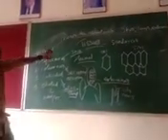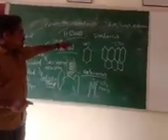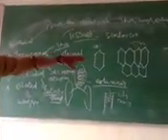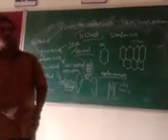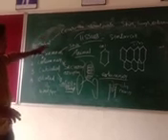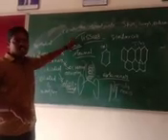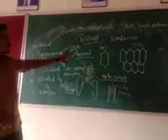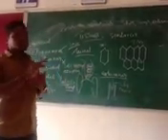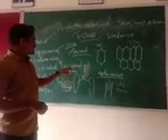Once again, I will repeat. There are four types of animal tissues: epithelial tissue, connective tissue, nervous tissue and supportive tissue. Out of that, the epithelial tissue is the outermost covering. Any cell which is the outermost covering is an epithelial cell. According to the presence of these cells, it is divided into four types: squamous, columnar, cuboidal and ciliated. Squamous epithelium is present in the skin, protects the skin and makes it harder. Columnar epithelium is present in the stomach and intestine and has the function of secretion and absorption.